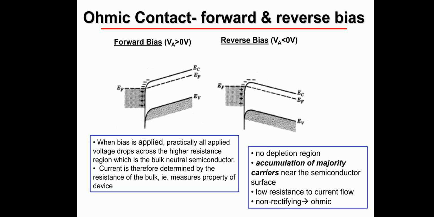That means electron flow will happen in both directions. In forward bias, the electron flow will happen from the metal to the semiconductor. Similarly, in reverse bias there will also be electron flow. Due to this electron flow in both forward and reverse directions, we can say that it is an ohmic contact. So this is the case of an n-type semiconductor. Remember, there is no depletion region because of the accumulation of majority carriers. So that's the ohmic contact.